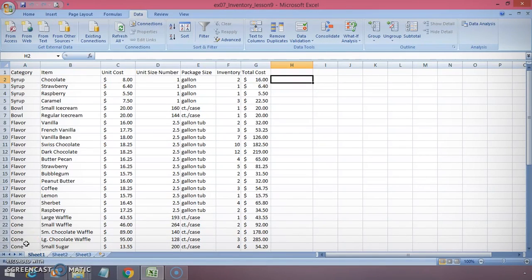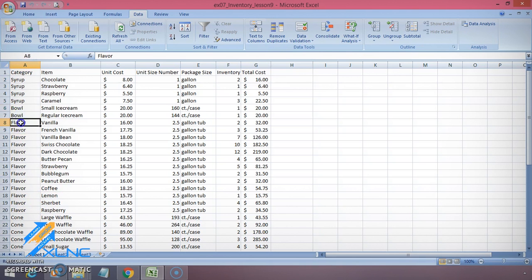In this video, we are going to take a look at sorting, grouping, and filtering, and how you can use these commands to make your time working with spreadsheets more efficient. Sometimes you may find that you need to reorder or sort the information to be able to use it most effectively. For example, in our inventory spreadsheet, I entered all the items into my spreadsheet so that similar items are